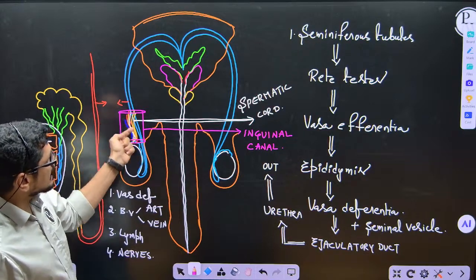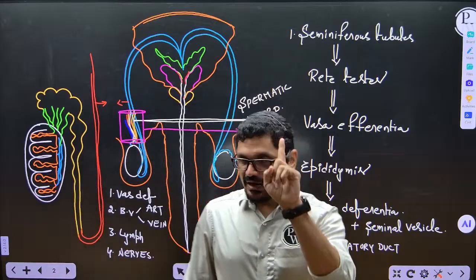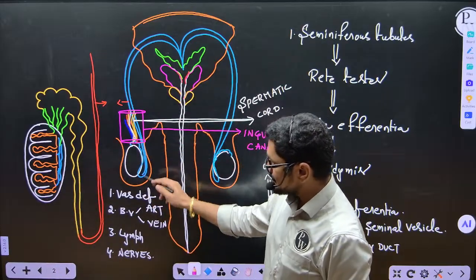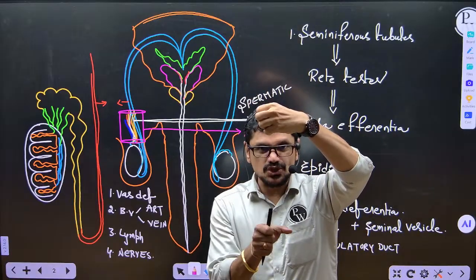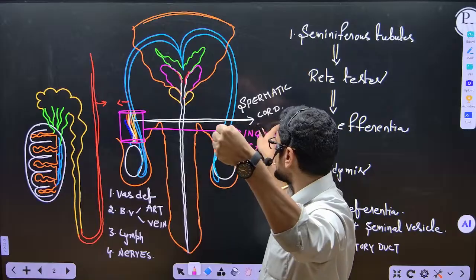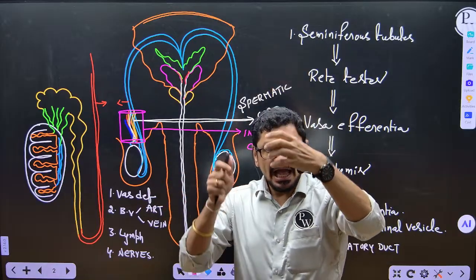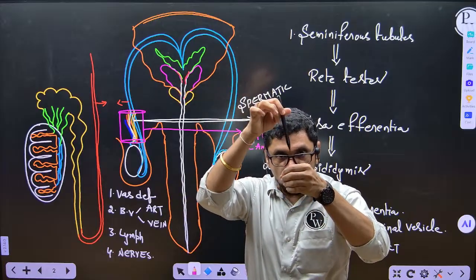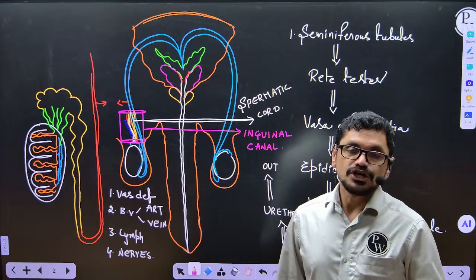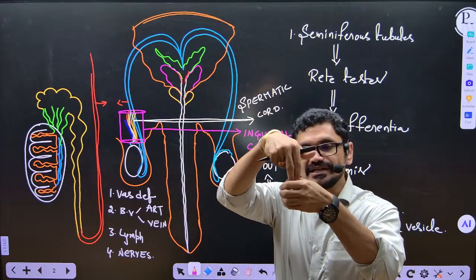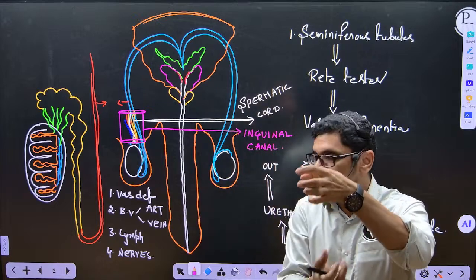Inside the inguinal canal, spermatic cord is present. Spermatic cord is not a single rod. Spermatic cord is a structure of all these. So imagine there is a rope and one stone. The rope is nothing but the spermatic cord, and that stone is nothing but the testis. I have made that rope pass through one tube. That tube is inguinal canal. Inside that inguinal canal, spermatic cord is present, and the spermatic cord is attached to this